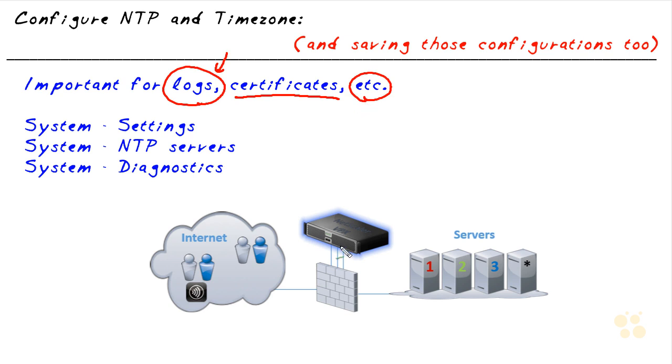On the initial configs of a NetScaler, we're given the opportunity to configure a time zone. But if we got that wrong or we want to change it, we can go ahead and do that under System Settings. Then also under System, there's an option for setting up our NTP server. And also I want to share with you the diagnostic section under System, because that's where we can go to view the differences, for example, between our saved configuration, that's the one the NetScaler is going to boot to, and what we're currently running. Because I also want to